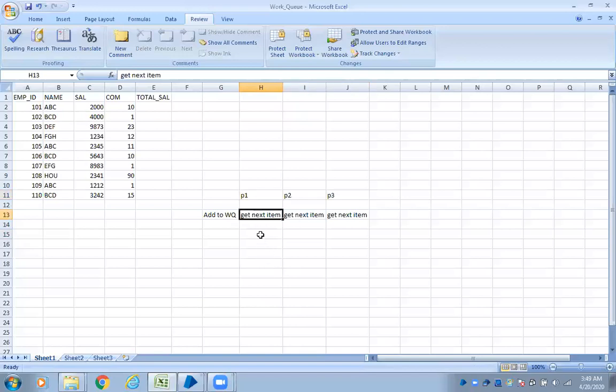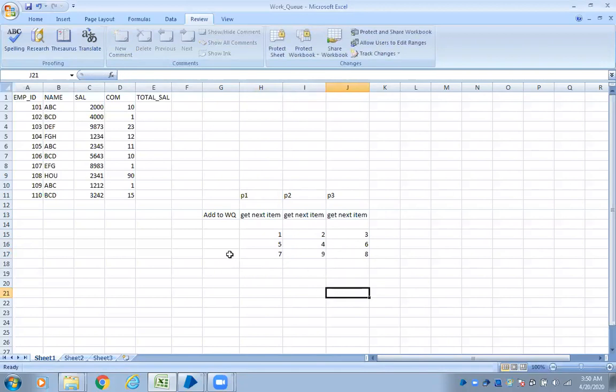Let's assume you created all these three, and then you are running from Get Next Item. When you are running P1, it will check for the first record. During this time, when you are running this in parallel, it will check for the next available pending item. Already this one picked one. Next, it is going to pick two. Next, it is going to pick three. In the meantime, when this process has been completed, then what will it do? It will pick the next available pending item, 4. Next, this is completed, then 5. Next, this is completed, 6. Next, 7. Assume 8, then 9.